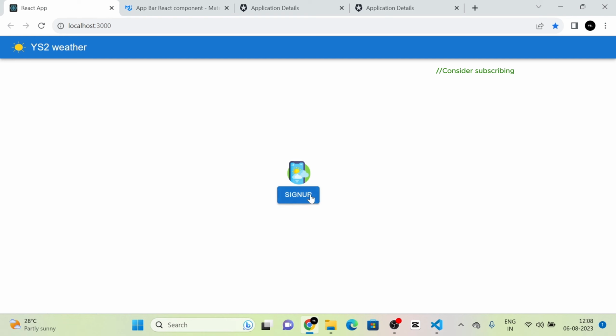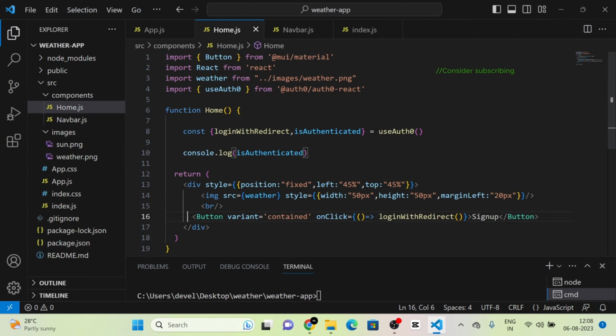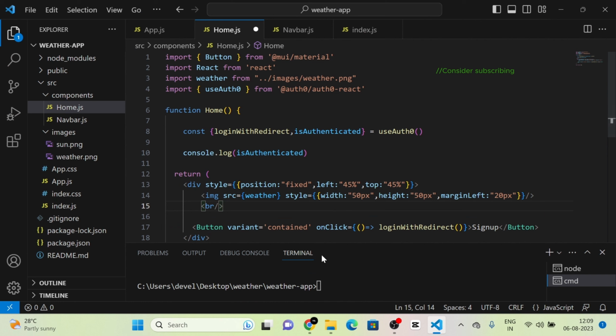So when we click on the sign up button, a pop-up will arrive and isAuthenticated will be converted to true. So at that time, the user is logged in. So at that time, what I am going to do is change this button. Okay, so here you can see that we have given only a button. So next I am going to install